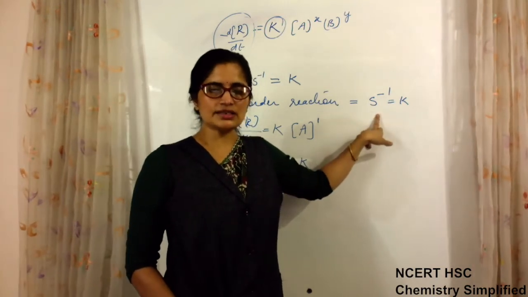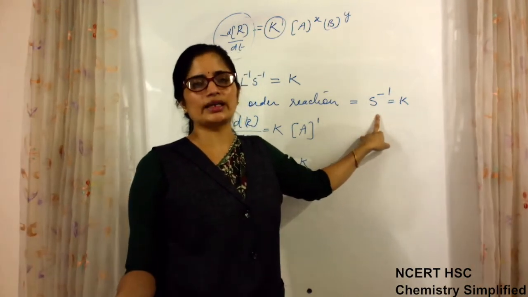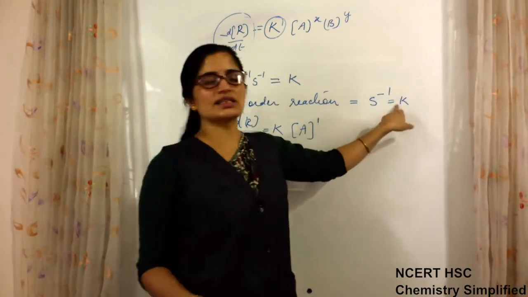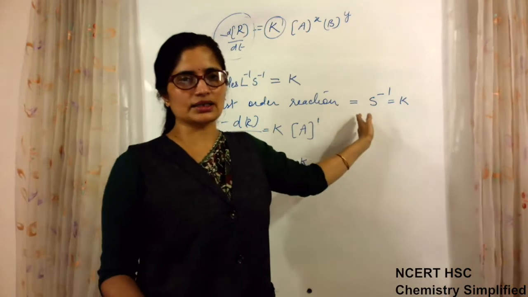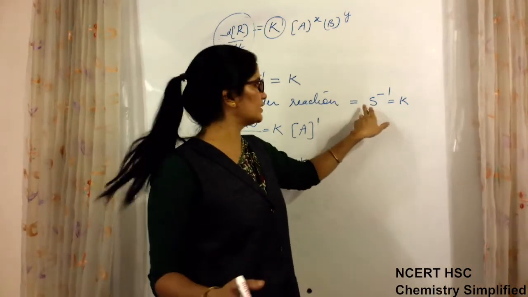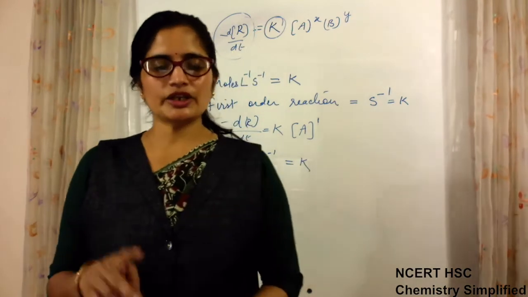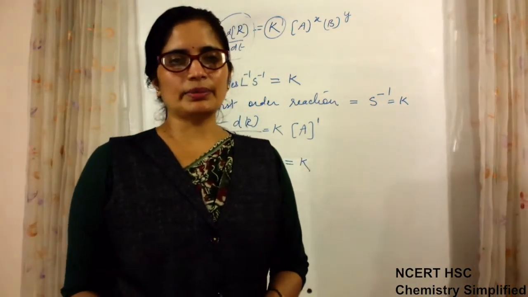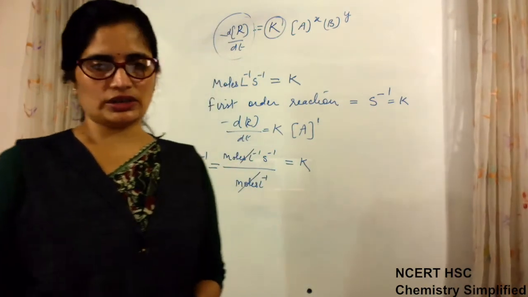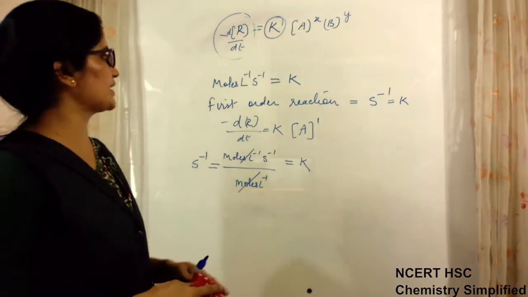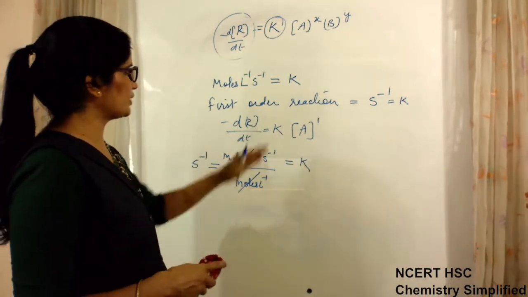If second inverse is written, you need not do any calculation. Whatever value is given for the rate constant K, you can simply write that it is a first order reaction, because the unit given is second inverse. If the unit given is moles per liter per second, then it will be a zero order reaction. So we need to know this for zero order, first order, and one more, second order. So we will find it for second order also.